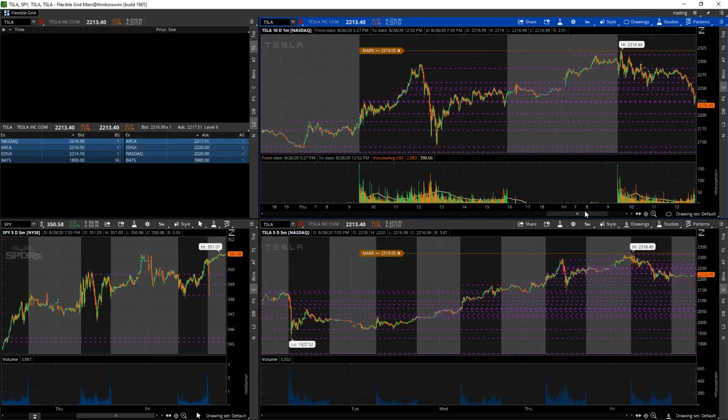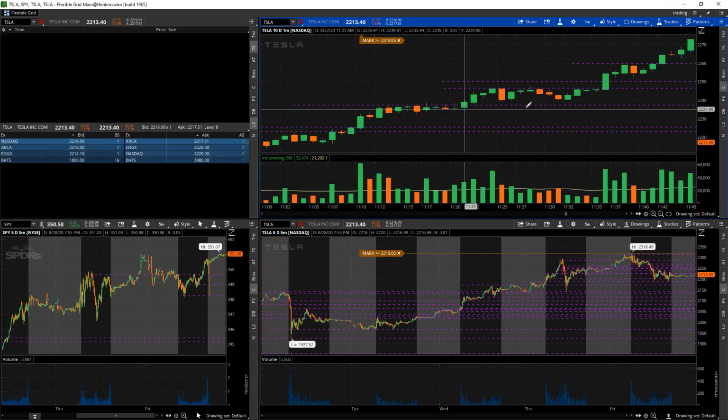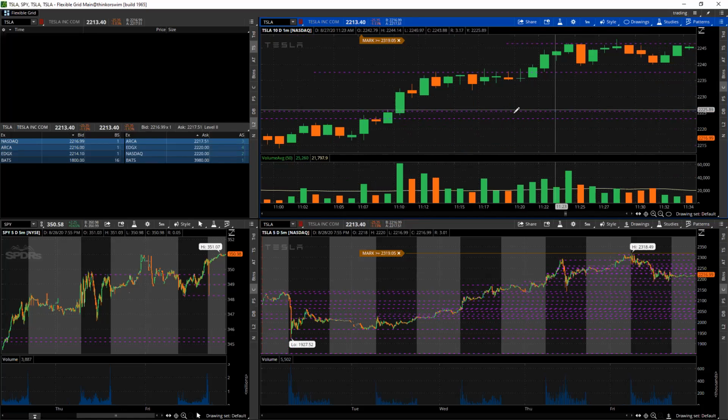Let's see. This day, yes. What happens is we get our first strong move up. We get a breakout, strong move up. You get faked out. If you were trying to get in and out of this and get in early, you would have got faked out on this wick, you would have got faked out on this wick, and you would have been right on this last wick. But you would have had to take a lot of fake outs on this.